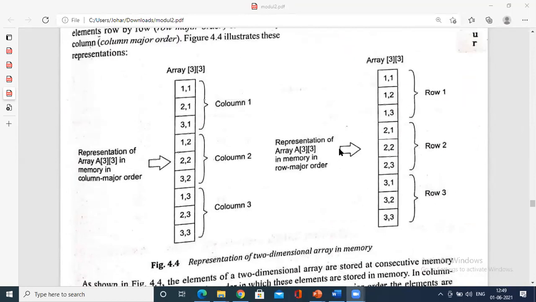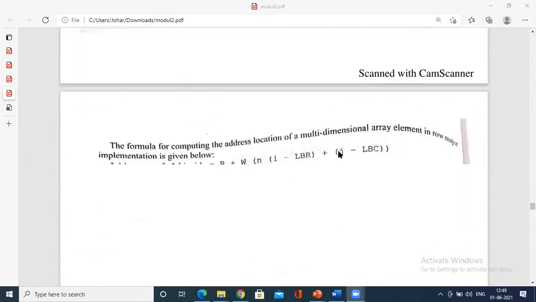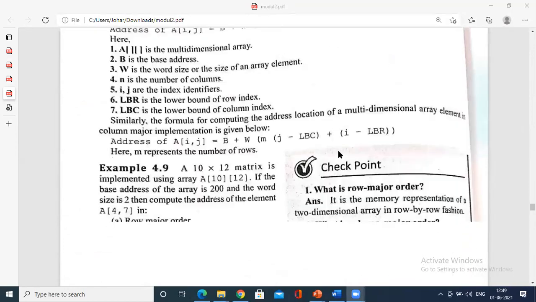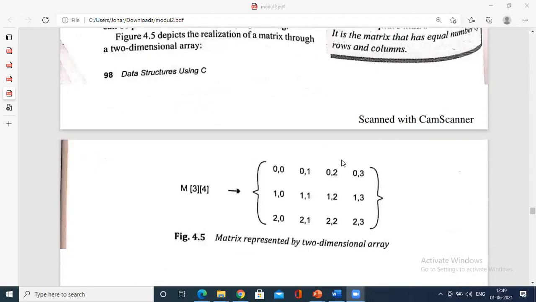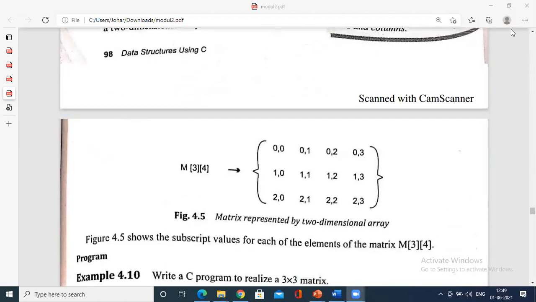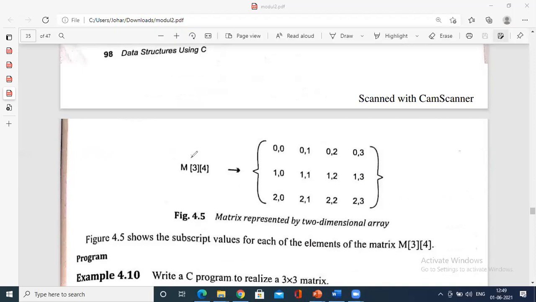So how do you represent the array? Structurally, I have shown you initially when we studied the internal structure of an array. For example, now here you could see the number of rows and columns. So this is called M of 0, 0.